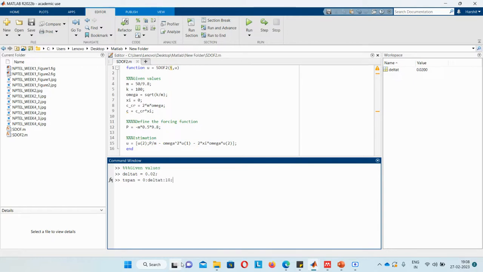And initial condition, since it is not given, let us assume that initially the system is at rest. Okay, so these are the initial conditions. Now we'll plot the displacement